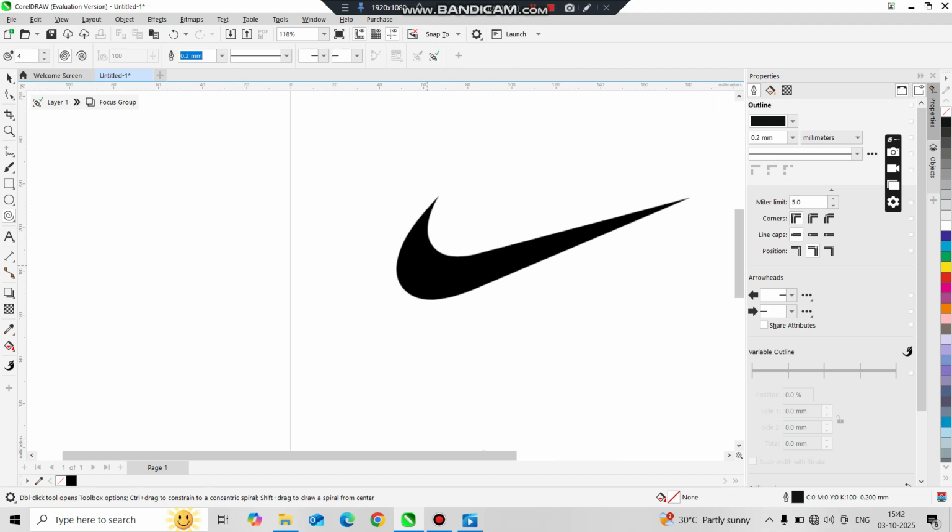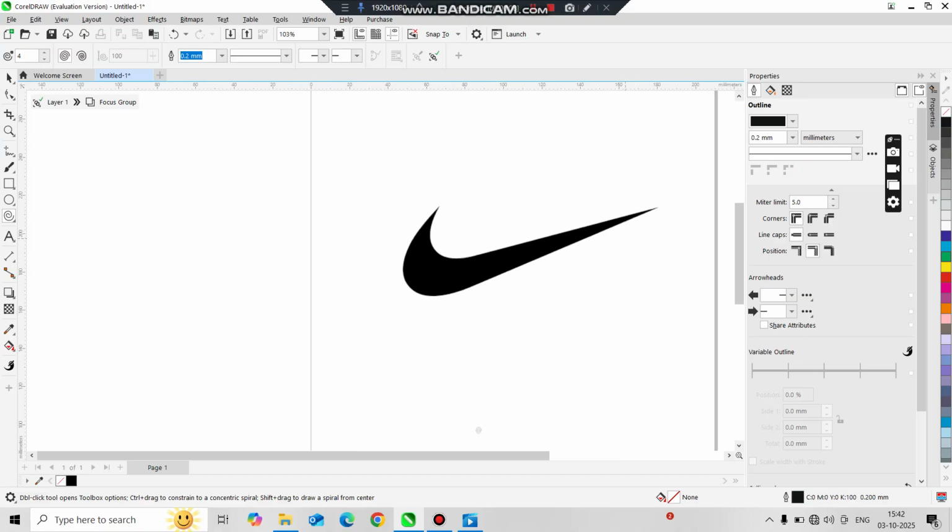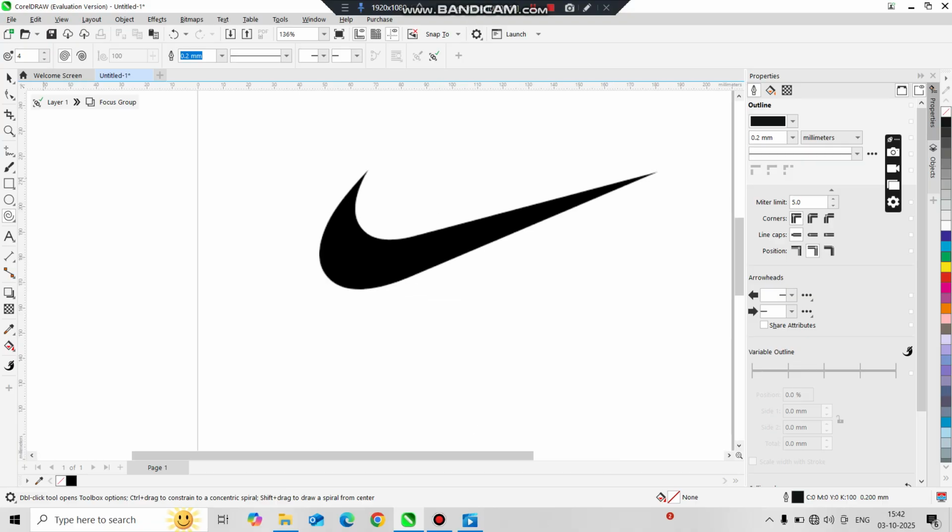Today I will teach you how to make the Nike logo in CorelDRAW. So let's get started. First you want to copy the logo from Chrome and paste it here in CorelDRAW, and